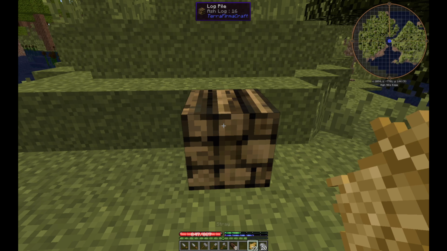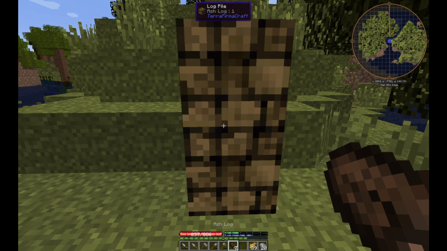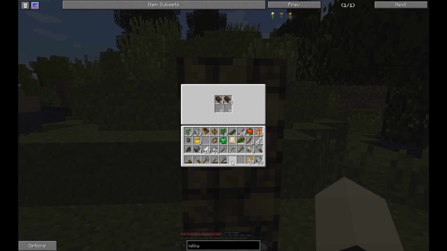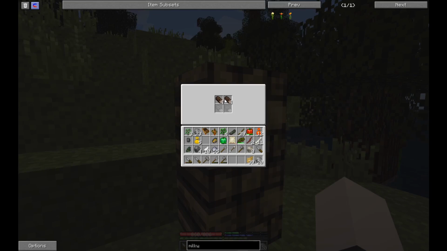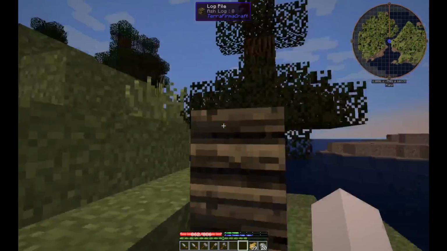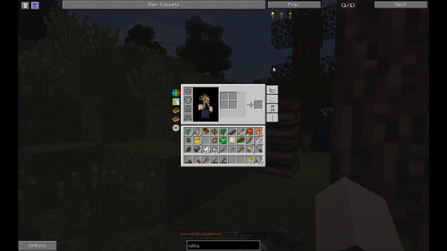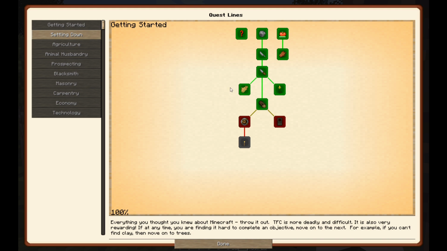Oh, so if it's not full, I can't shift right click on the, oh actually I can, because I just put one in there. Yeah, so this one is full, so therefore it can have another one on top. And this is how you stack the logs. So this is 24 logs, and if I take these out, it will just disappear. Put them all in there, we have the logs. So it's a nice way of storing logs initially, especially until you get maybe better storage, but for now this is it. I'm getting 60 more of oak log,